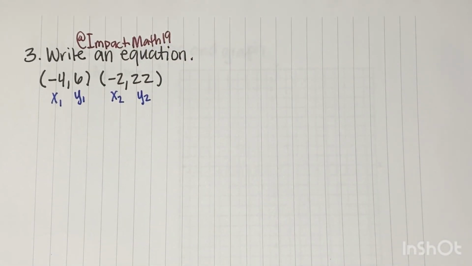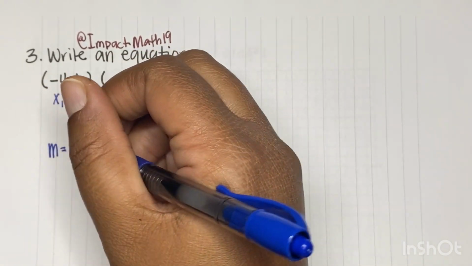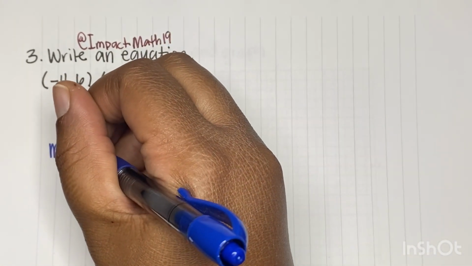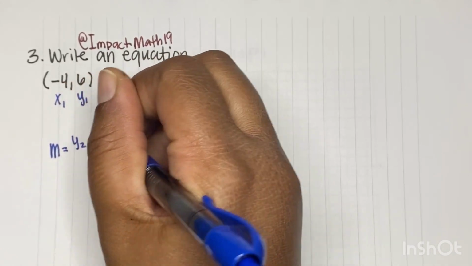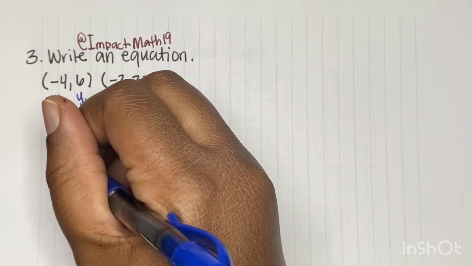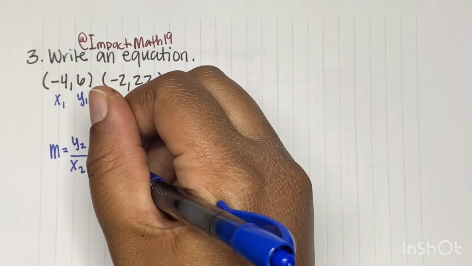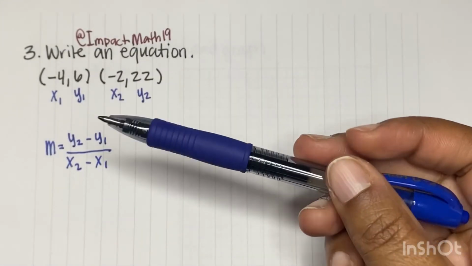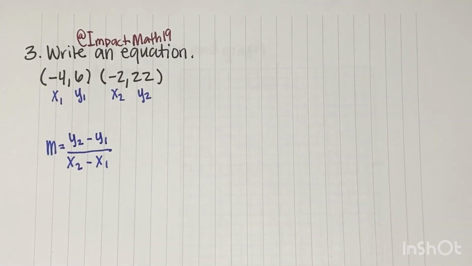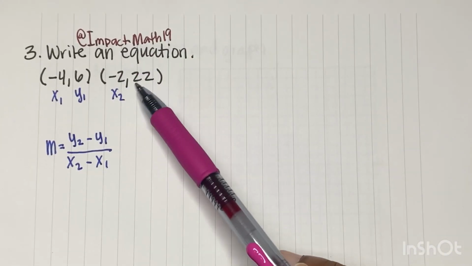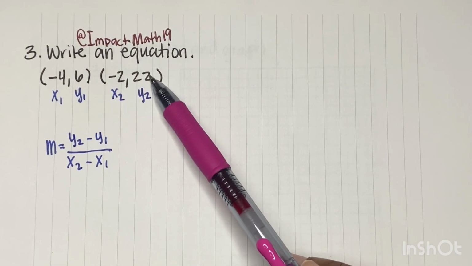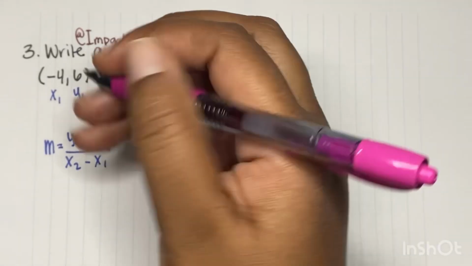Whenever we're trying to write an equation, remember we have to find the slope. And so remember that's rise over run, or the changes in your y's over the changes in your x. Okay, so we're first going to find the slope. And we're going to do that by plugging and chugging. So we labeled y2 22. So I'm going to put 22